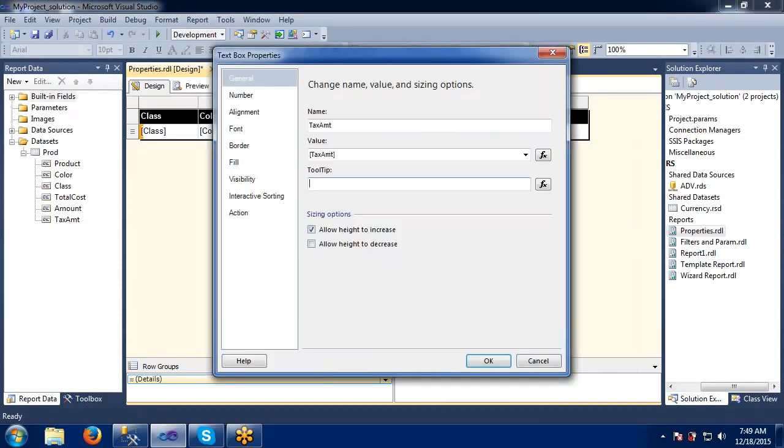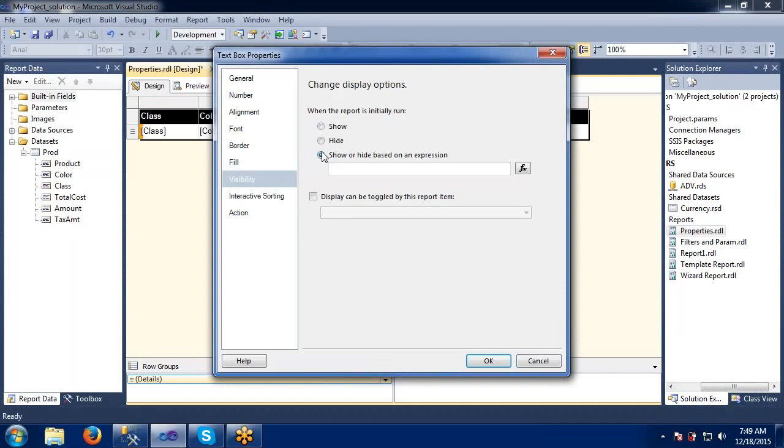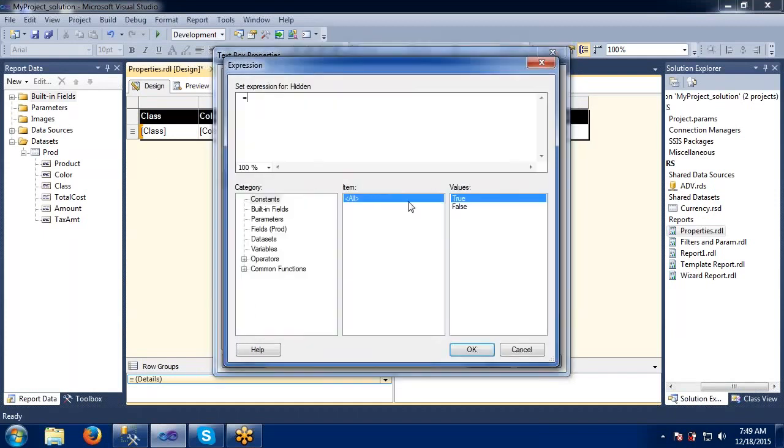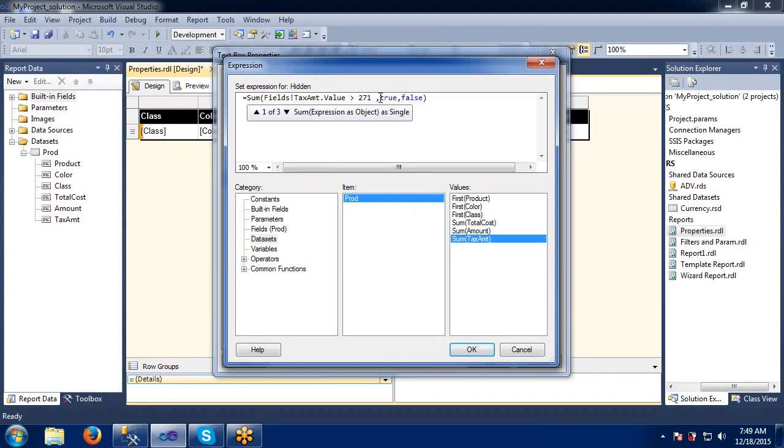Going to the visibility on expression, I am giving some expression here: if the tax amount is greater than 271, then display, else do not display.